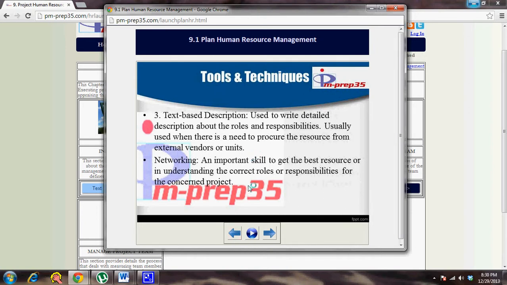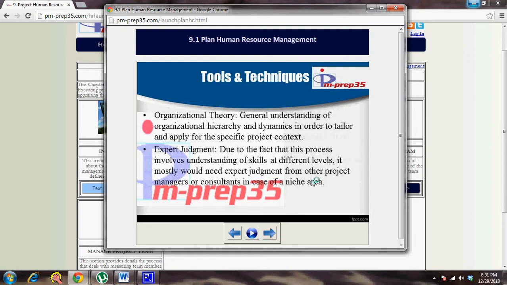The next important tool and technique is networking. Networking is to talk with and negotiate with the other team to get to know about the position really well. If you're working on a project and somebody is already familiar with that kind of niche project, they would be in a better position to tell you what kind of resource will be really useful, how you can cut down on costs and things like that. So that's where networking skills are really important to this particular process.